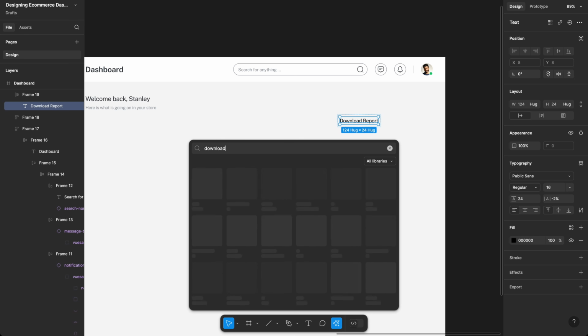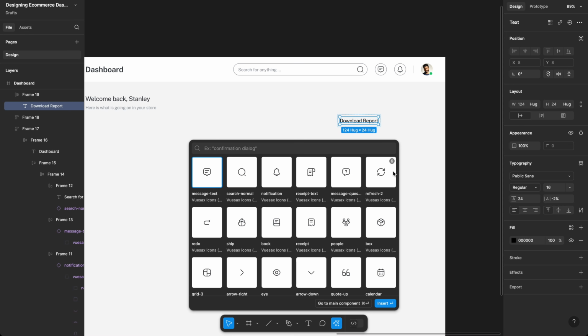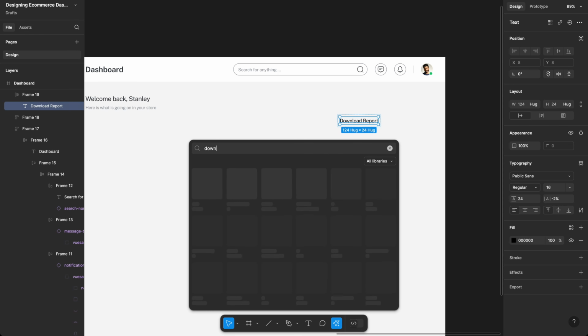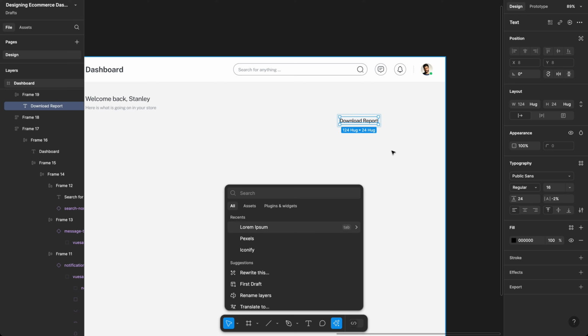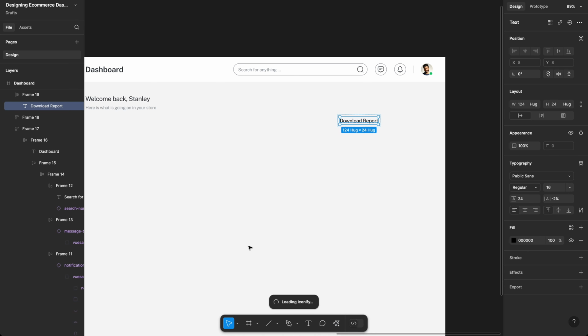So what I'll do is use a plugin called Iconify to get a download icon. I think I won't mind actually, but let me just do the search one more time. All right, so let me just use a plugin called Iconify in this case. So I'll use Iconify and then,